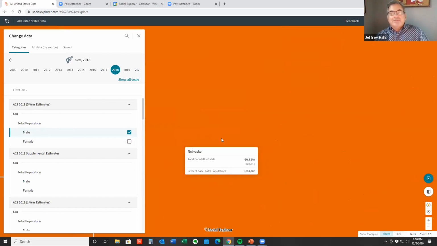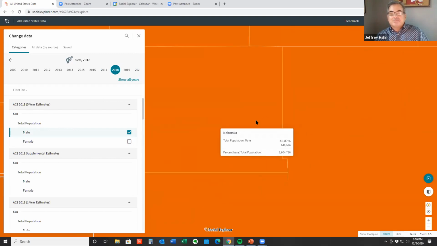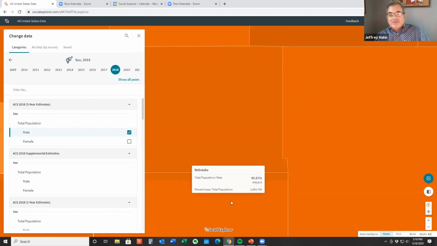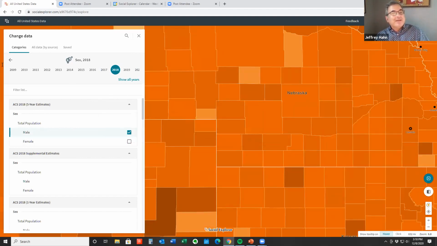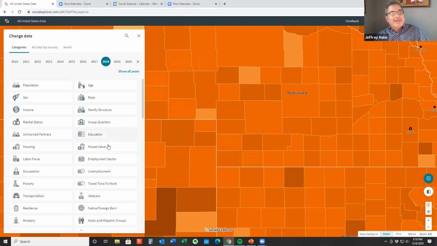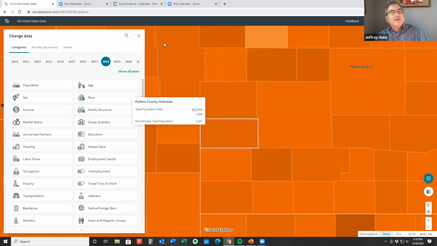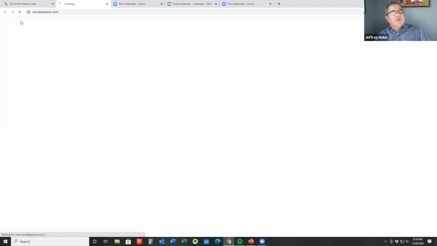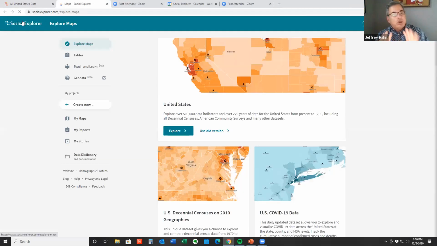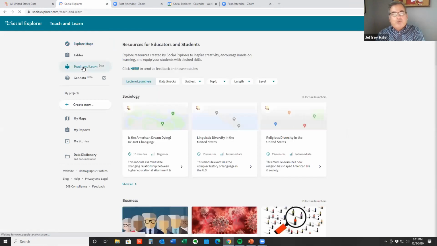You can zoom in by county. It's not a very exciting map since everybody's about the same when it comes to that. But it just gives you an idea of how you can drill in by topic. And then if I go back, what I want to show you is the types of things that you can build using Social Explorer. So under this section called Teach and Learn, we're developing pre-built